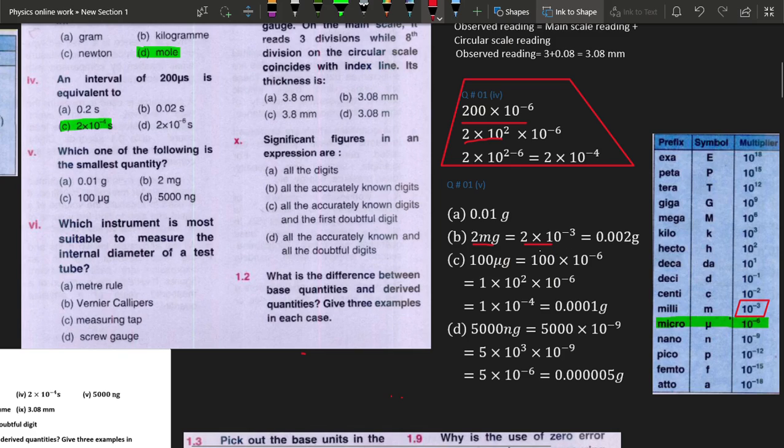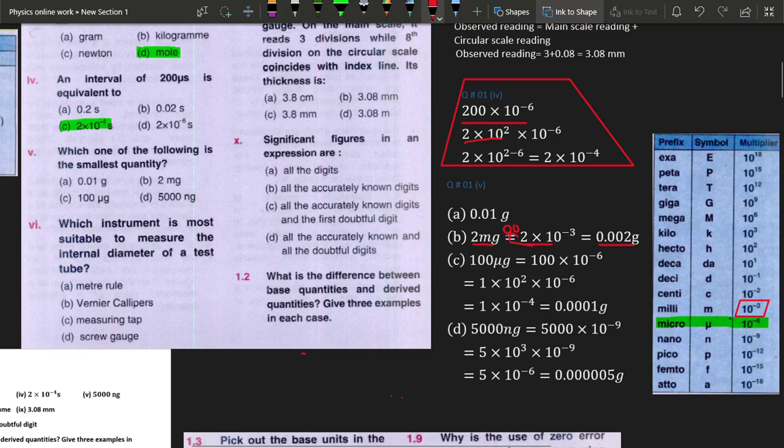When converted into a simple number, we move the point from right to left side. And how many places do we move? We move 3 places because the power is minus 3. So one of the digits is 2 and the other digits we put 0, 0. So it will be 0.002 grams.